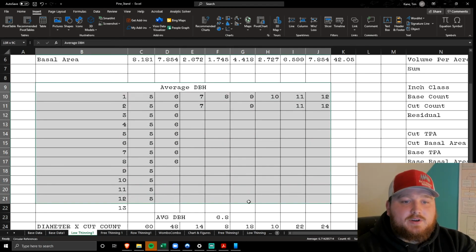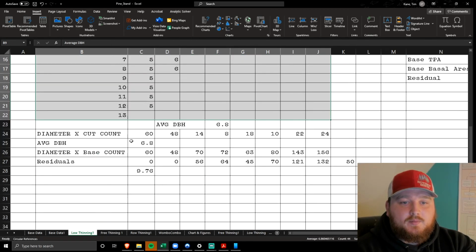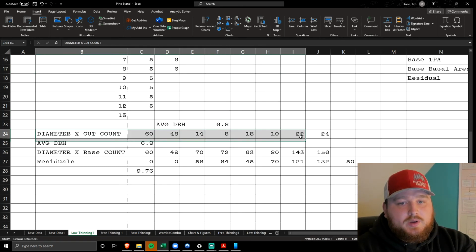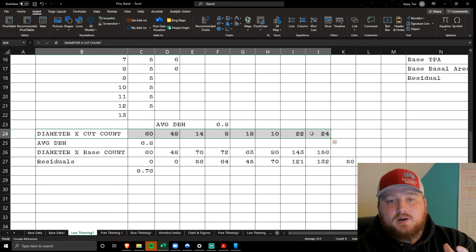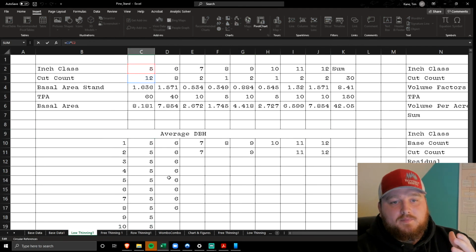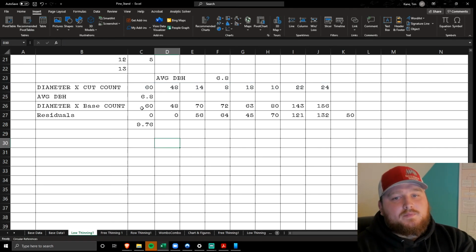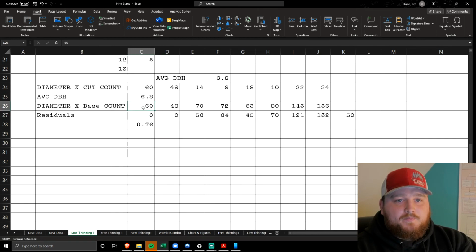We figure out average DBH again, doing the same thing. It's 6.8. And we do it the opposite way, right? We do it the way we did before, which is 5 times 12, times the cut, or times the number of trees we're going to cut in our stand. And that still gives us 6.8. Now, this is important. This is the